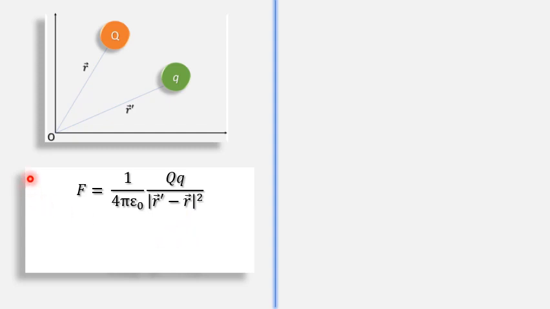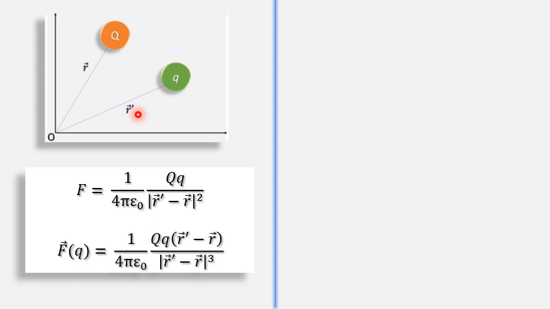And then if you are asked what this F is, this force is the force experienced by Q as well as the other Q, smaller q. So both are experiencing the same force, and here we don't have direction mentioned. If we want direction of the force, it can be given as this. So now we have force exerted on small q due to capital Q, and this is the expression. The numerator is giving us the direction part of the force.